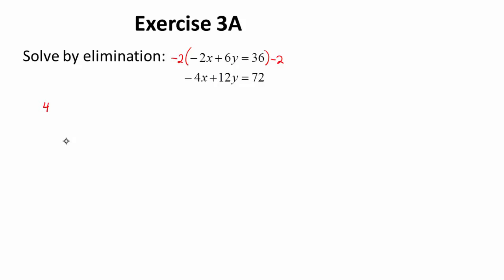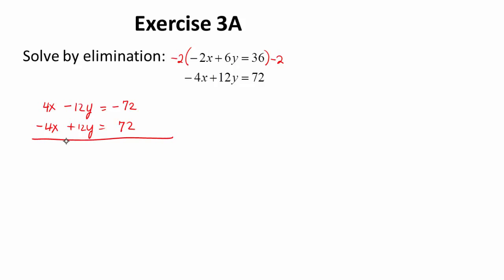You're going to have a 4x, because -2 times -2x will be +4x, minus -2 times 6 is -12y, and that's equal to -72. And then just copy the second equation, so -4x plus 12y is equal to 72, and then when